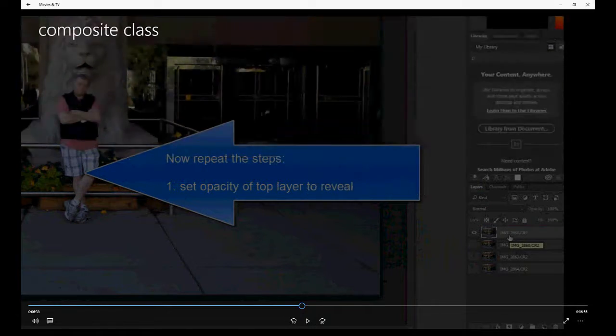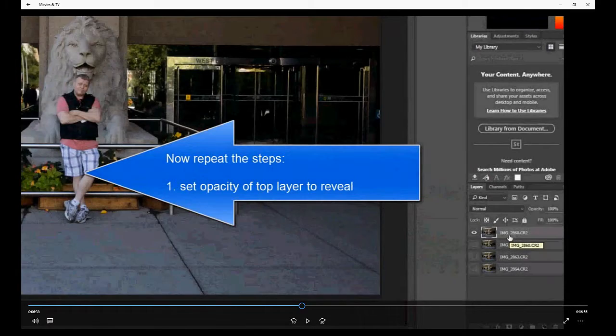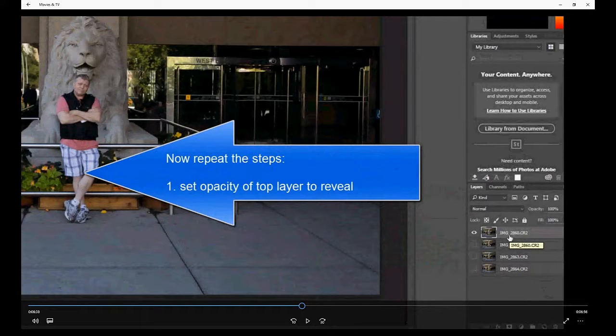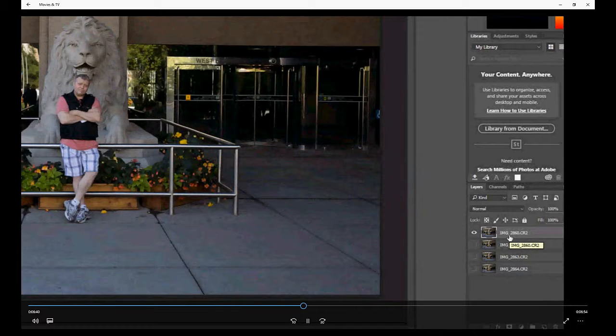Then step two will be to erase the top layer to reveal the image underneath. And step three is going to be set the opacity back to 100% for the top layer, and step four is to merge the images again. And we just keep repeating that pattern. So you'll see here,